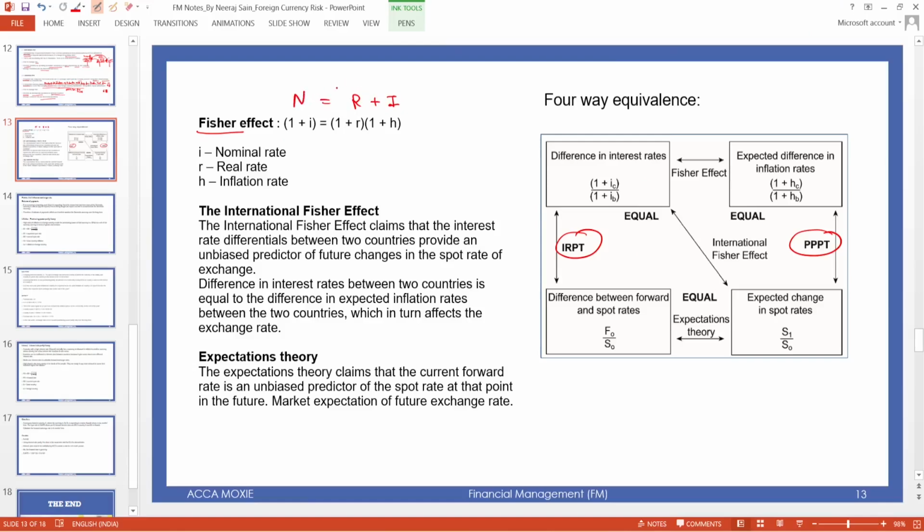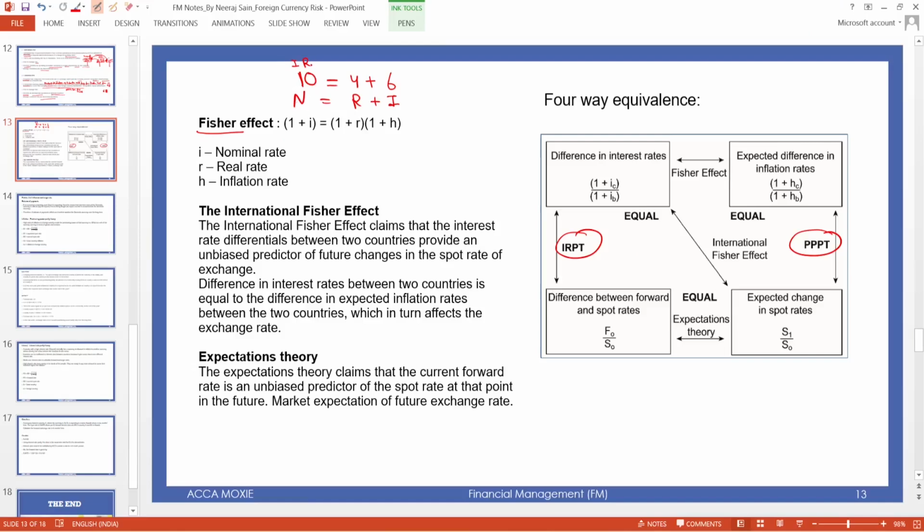Okay, nominal rate includes real rate and inflation. For example, if you are getting interest of 4 from the bank and the inflation rate is 6, so now you are getting 10%